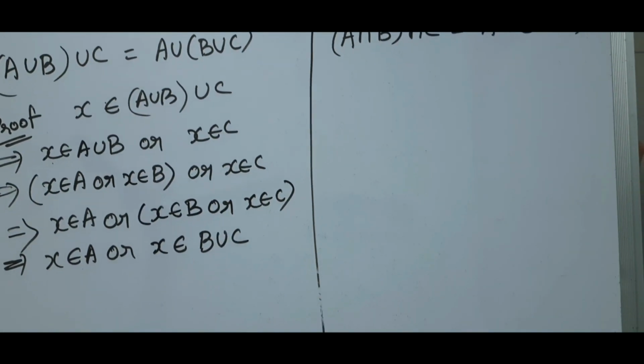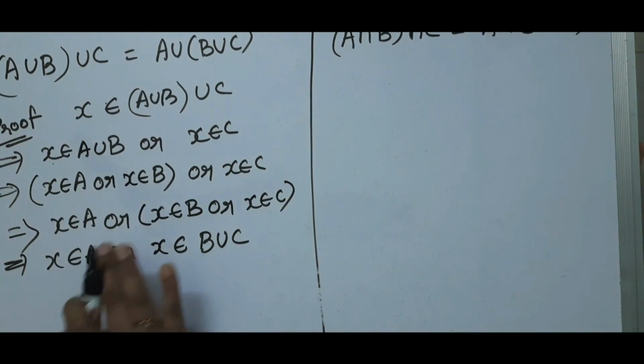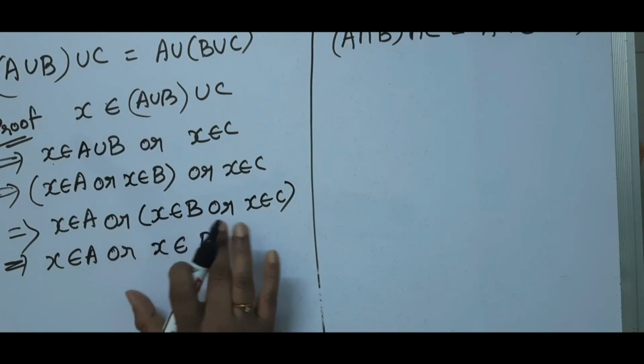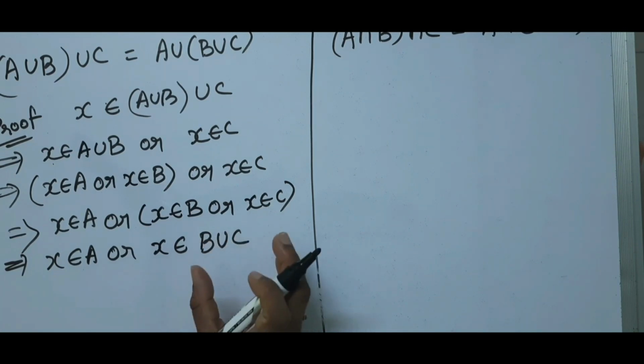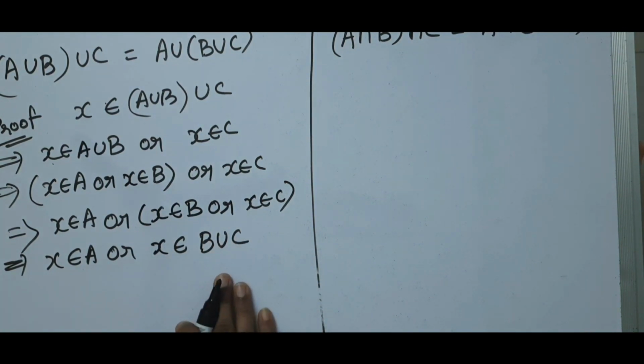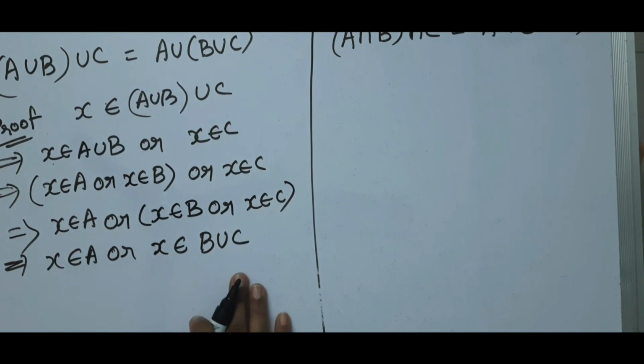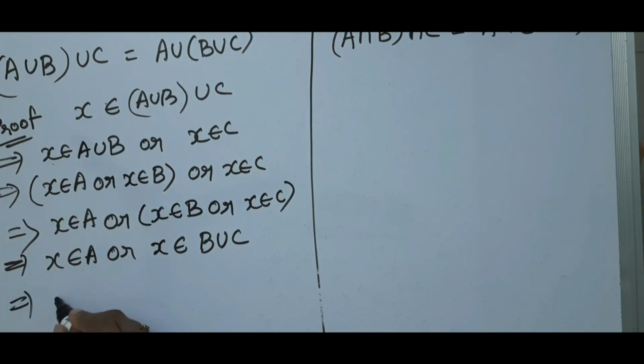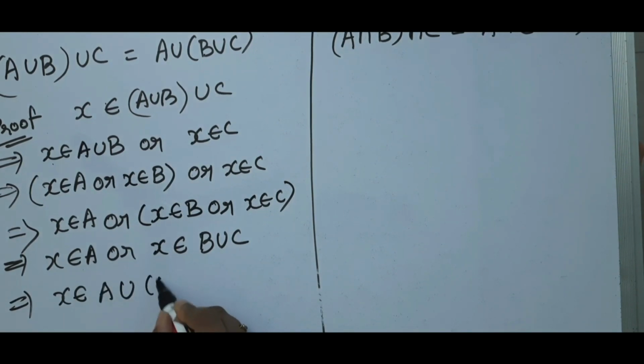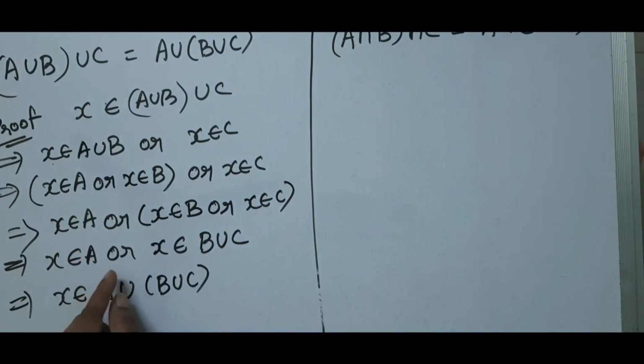Is it not? So if you want to understand mathematically, it is clear that if X belongs to the set B or X belongs to the set C, it means it belongs to the union of those two sets. So we have written X belongs to B union C. So this can be written as X belongs to A, or symbol is that union, B union C. Just in place of or, I have kept the operation union and completed this, and I have written B union C. Okay, the meaning is same.